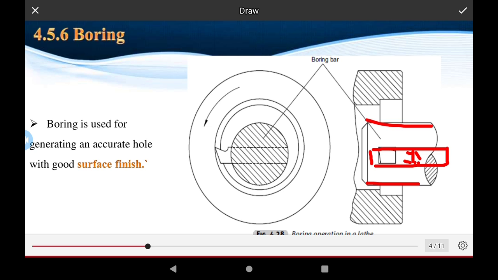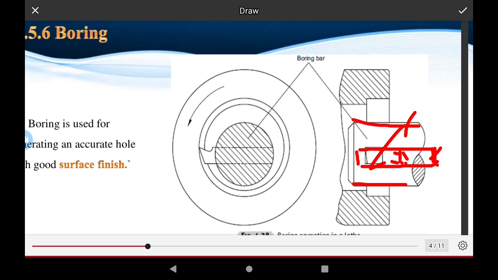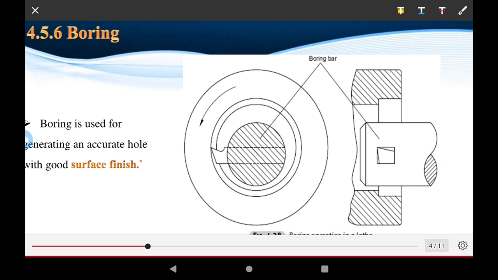This is the face of the holes, the internal holes of the workpiece. This is the internal hole, and suppose this is the center of the workpiece, the internal diameter is